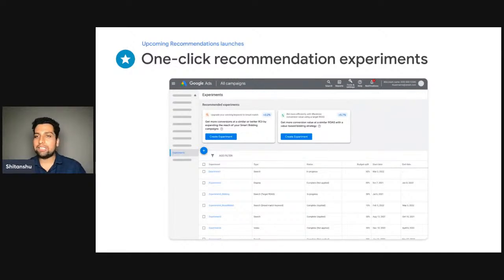There are two recommendations here which can be opted for experiment. You have upgrade your existing keywords to broad match, so you can create a draft and experiment with the broad match, or bid more efficiently with maximize conversion value using a target ROAS. Since those two recommendations are eligible to be created as an experiment, they'll be available under the experiments tab on your Google Ads account very soon. Again, in order to improve the availability of recommendations across multiple touch points within Google Ads, we are making these